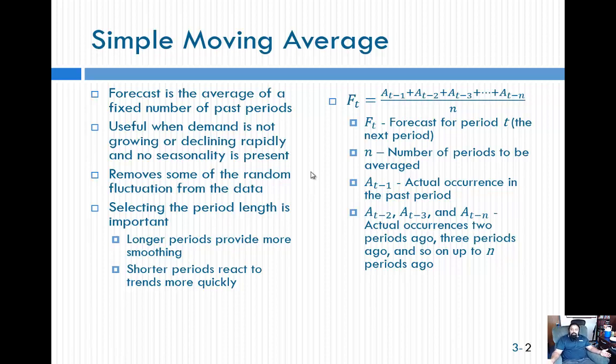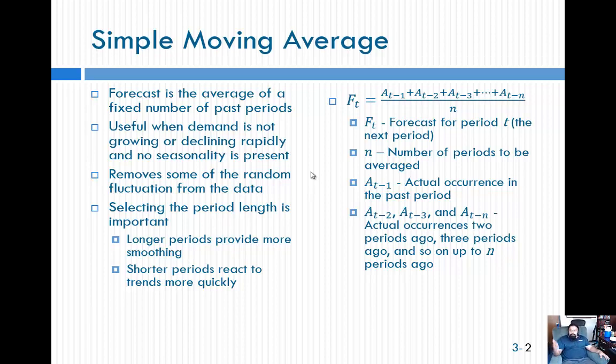One is a simple moving average. In the simple moving average, we are trying to find the average for a fixed number of past periods. A moving average is a technique to get an overall idea of the trends in a data set, or it's just an average of any set of numbers. In this case,